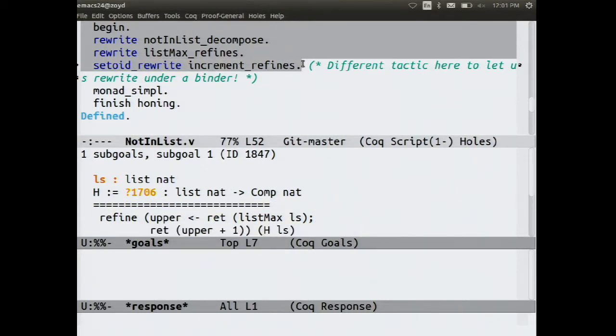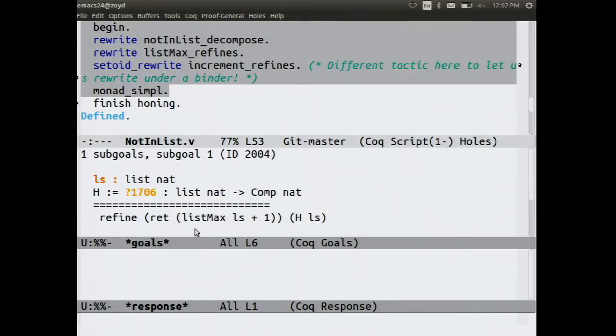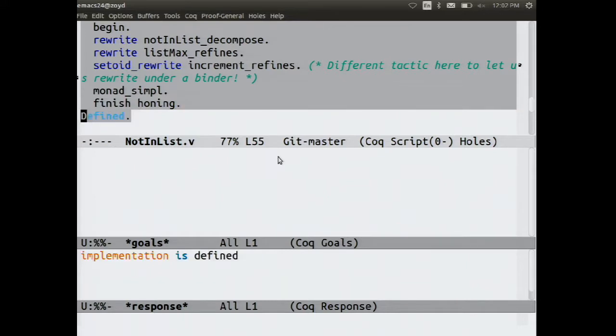And now we're almost done. We can make this program a little shorter by using the monad laws that tell you when you return and feed that right into a bind or assignment operation, you can just inline the thing you returned into all occurrences of the variable that got bound here. So monad simplification tactic does that. And now we need to show that returning list max +1 refines into something. Well, this is already a perfectly acceptable functional program, so I'll say we're done. Set h equal to exactly what already appears here.